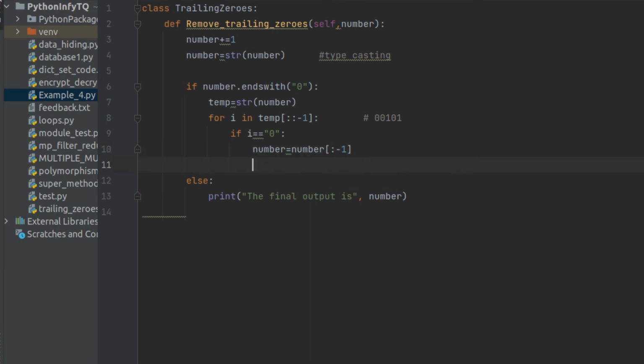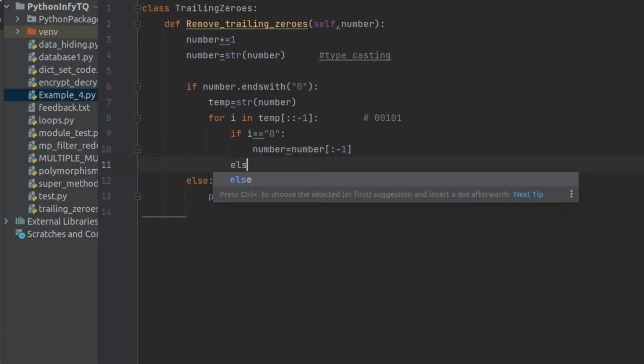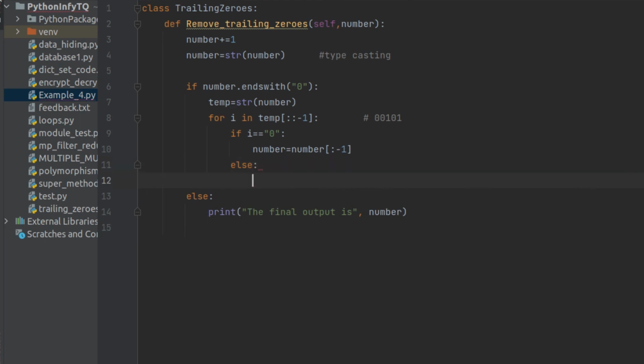And in case I don't have the 0, in that case what I will do is simply put the condition and give the expression as break, because I have to stop this loop. I don't have to do further processing. So this case can be like this 0 and this 0, and this else case is when I get the value as 1. In that case I don't have to do any further processing, I simply have to exit the loop. So this is how I can do it.